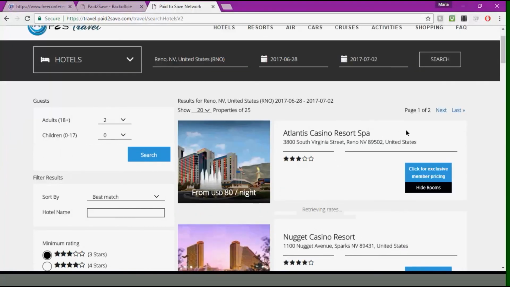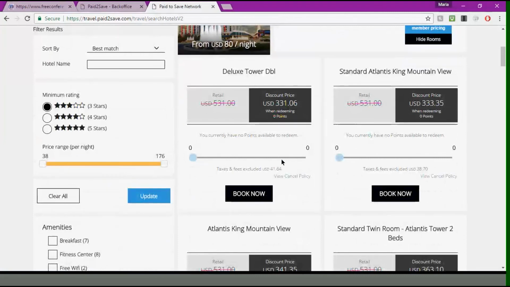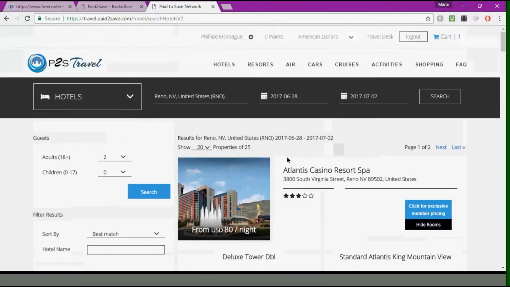So when you're showing rooms and you click on show rooms, you're going to notice this little slider. If I had points in here, I could show you that once you click your slider going this way, this part starts going lower and lower. It's amazing. When I did the actual demo earlier, I should have had one here with points on it, but you get the gist of it. So you click your slider if you have points, and you'll be able to get it below. In some cases, you can even wipe that all out, depending on the number of points that you have